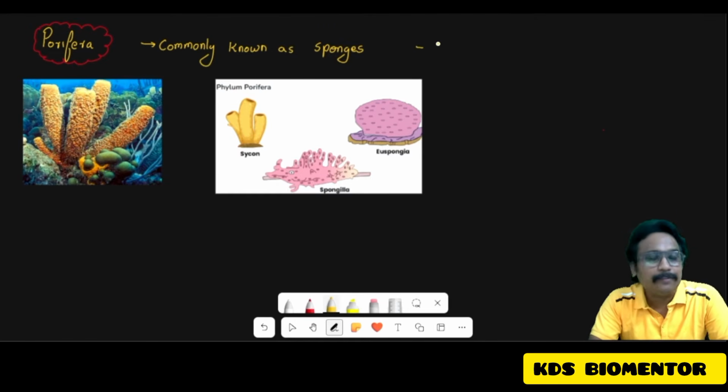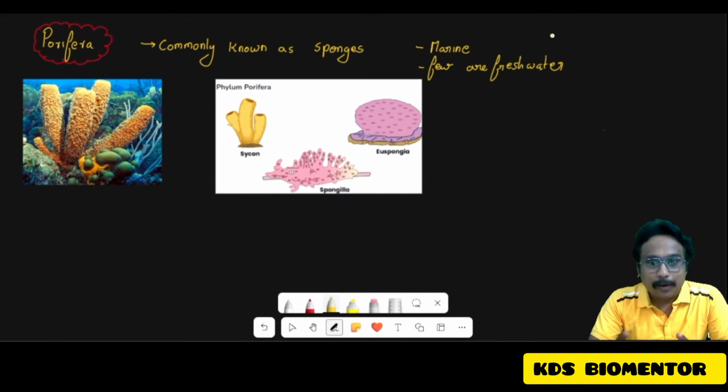Spongilla diagram is given in NCERT. You know that it's found in freshwater, whereas Sycon and Euspongia, if you are taking, are found in the marine ecosystem. And coming to the structure, you should understand it is a lower animal. It will be having cellular level organization. Out of all the phyla, sponges are the ones having